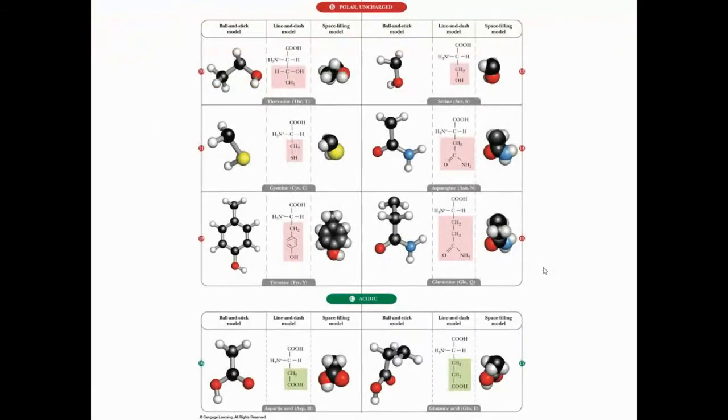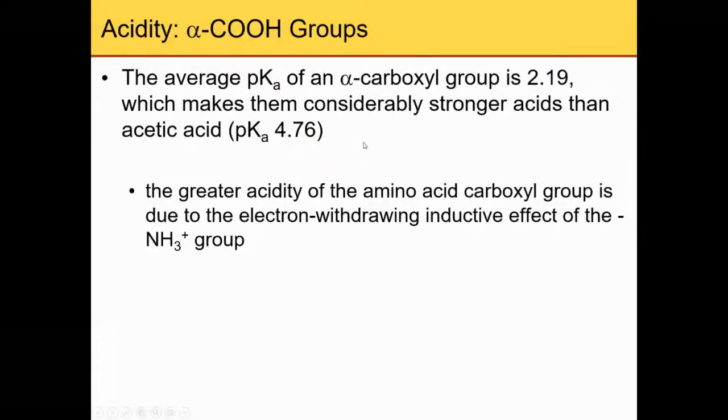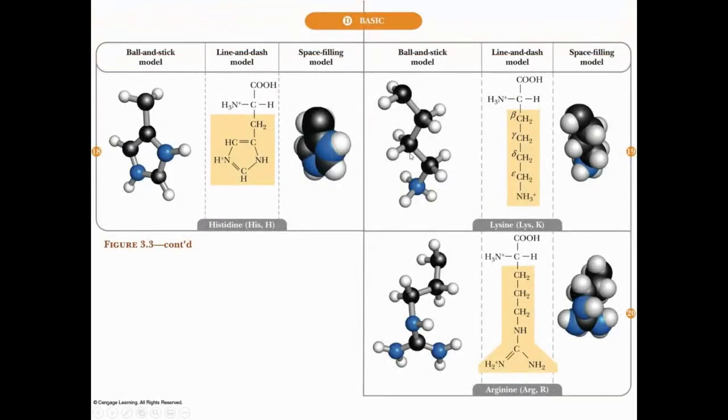And then for the positive charged, now will be the basic side chain, histidine, lysine, arginine, all right? So basically the side chains are positively charged at pH 7, okay? And so these are the three basic positive charged amino acids, lysine, arginine, and the histidine, all right? So these are the three positive charged amino acids, and especially the lysine and arginine are very important in the